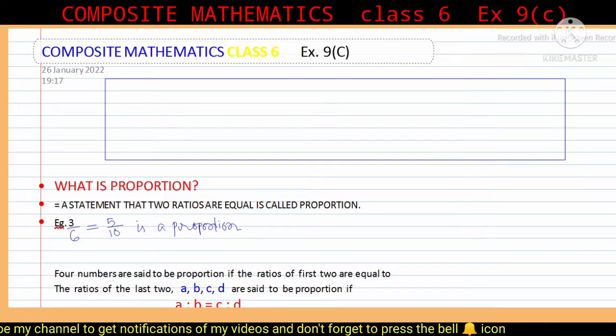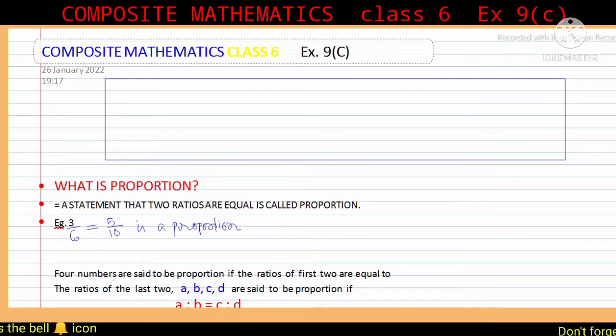We will see this with an example: 3 by 6 is equal to 5 by 10. Here 3 by 6 is a ratio and 5 by 10 is also a ratio. If the two ratios are equal, then this statement is known as a proportion. Here we have 4 numbers. 4 numbers are said to be in proportion if the ratio of the first two is equal to the ratio of the last two. That means if a, b, c, d are 4 numbers, they are said to be in proportion if